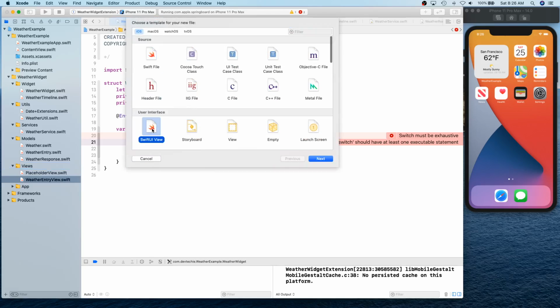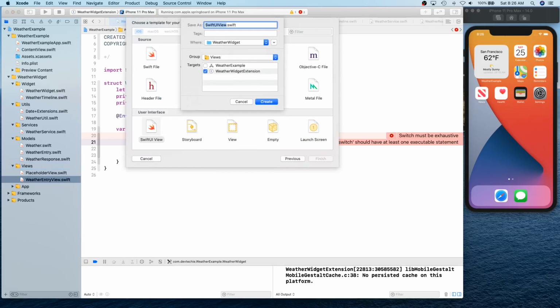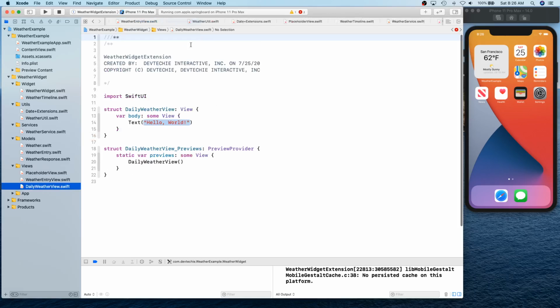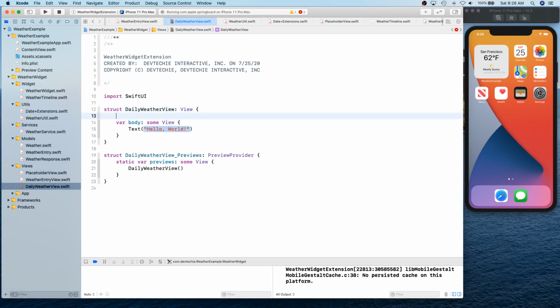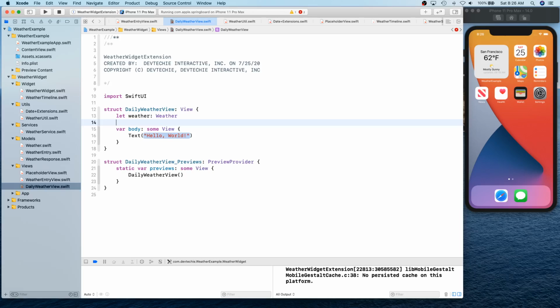So let's create a SwiftUI view, and the first one is going to be called daily weather view. Okay, and for the daily weather view, we are simply gonna say it expects a weather object, and for the body it says